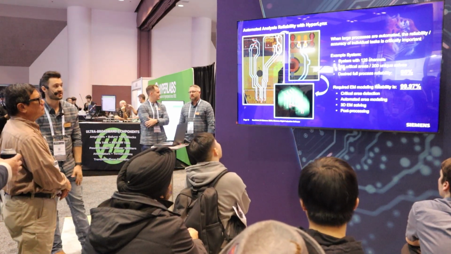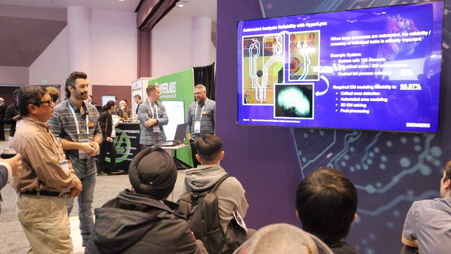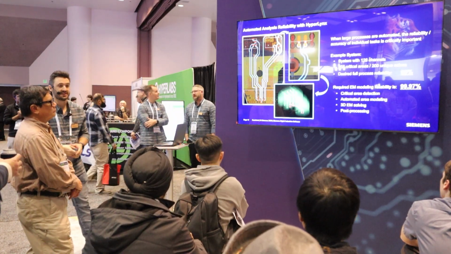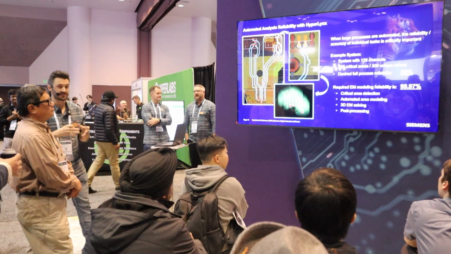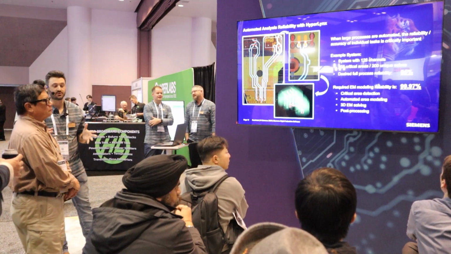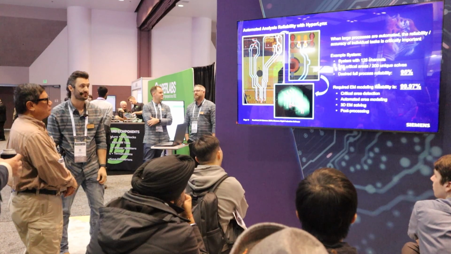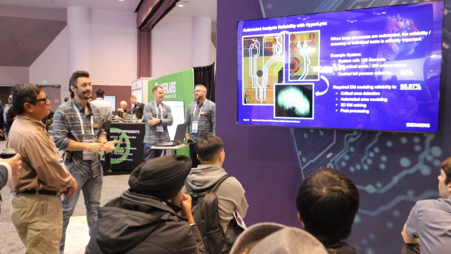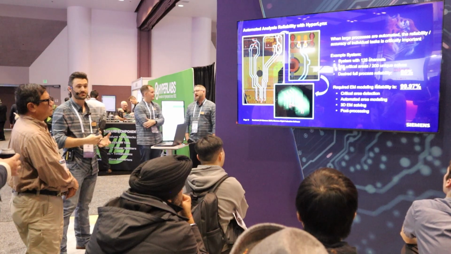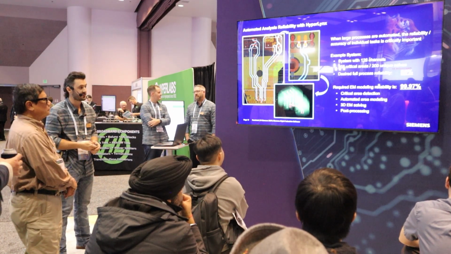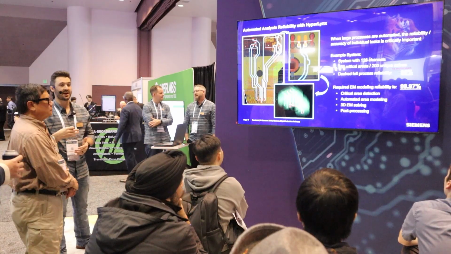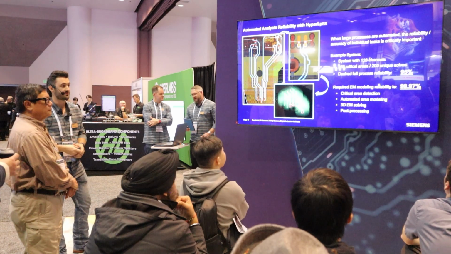So if we say, for sake of example, that we want the full system level process to be 95% reliable, that means we want our system to run to completion with no errors 19 out of 20 times. The question is how reliable do we need the EM modeling step of this process to be? That's just one single step in this overall process. And the answer is we need it to be incredibly reliable. So that the area detection, the area modeling, the solving itself, and the post-processing of the results and creation of S parameter data for each of the areas, we need that to be 99.97% reliable in order to achieve this top level reliability of 95%.